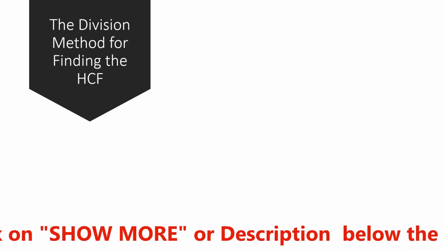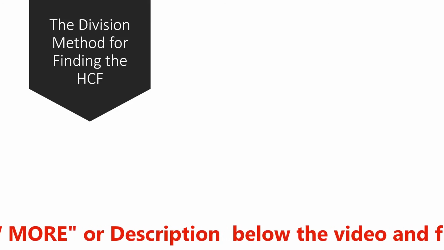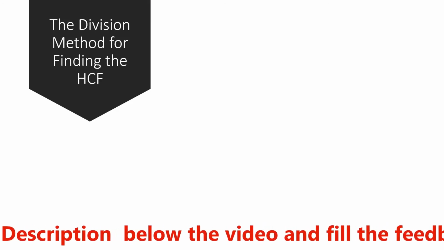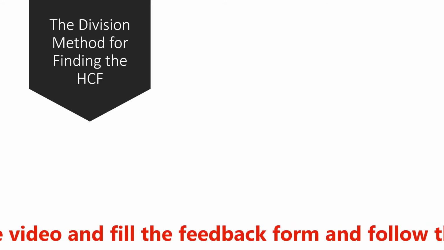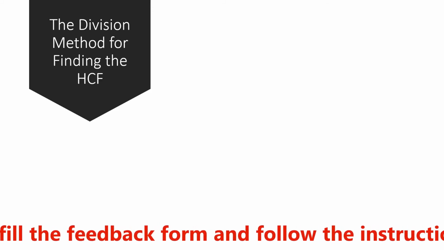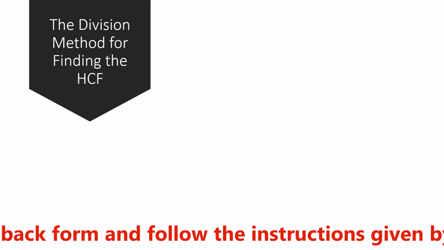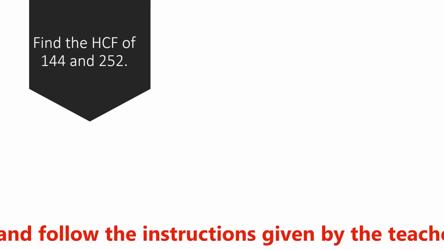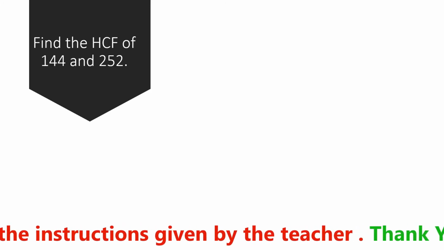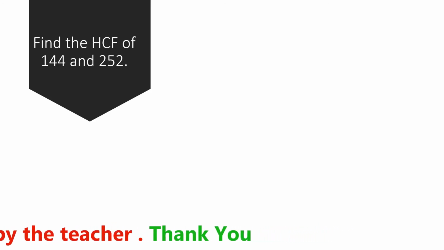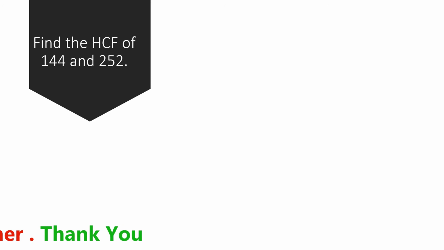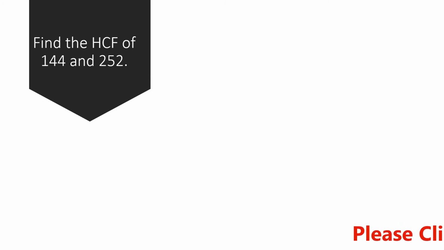There is another method called division method. Little bit tricky and little bit of extra mathematical skill is required for this. Division is known to you, and this is greatest common divisor also, that is the concept you know. So let us find out the HCF of 144 and 252 by division method, which is little difficult and needs extra maths, I said, but I will give the example to you.